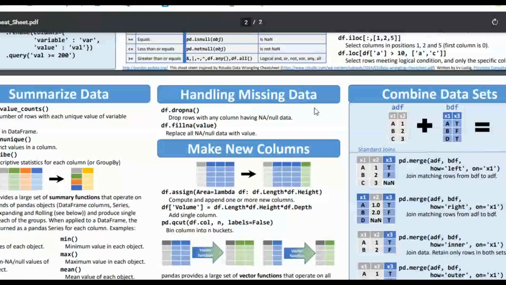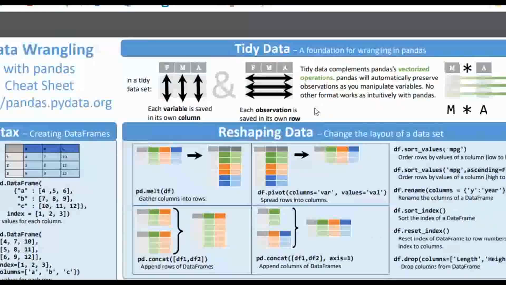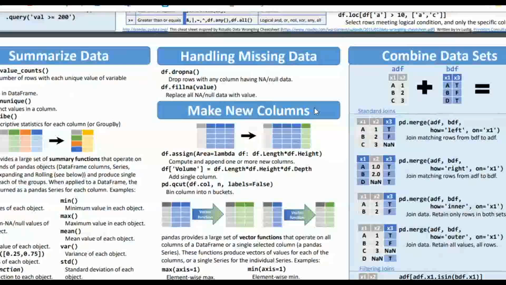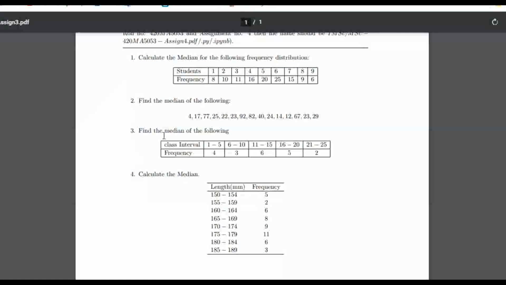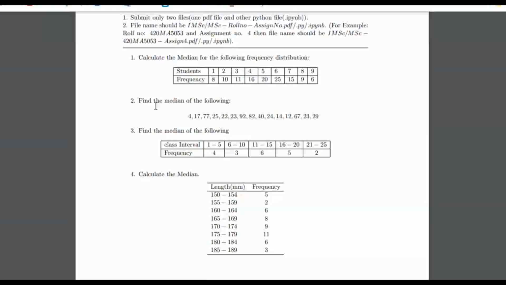So now back to the assignment. We'll see how to find the median. Suppose question number 2, how will you find the median? First of all, we can arrange the data in ascending order or descending order. Then we calculate the total data points. Then if the data point count is even, then n plus 1 by 2. Otherwise,